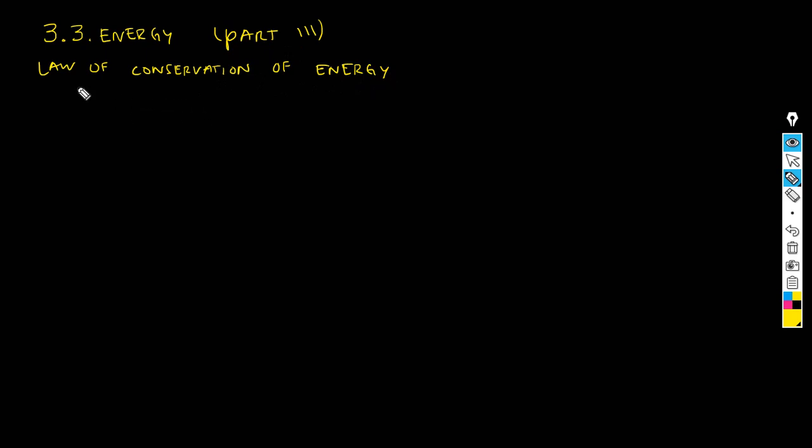Okay, so surely you have heard about this law, the law of conservation of energy. It's one of those things that people have heard, even though we don't really know what it means. Okay, so this law states that when a particle has some energy, okay, we have a particle here, and this particle has energy E. Okay, when this particle is in a closed system,